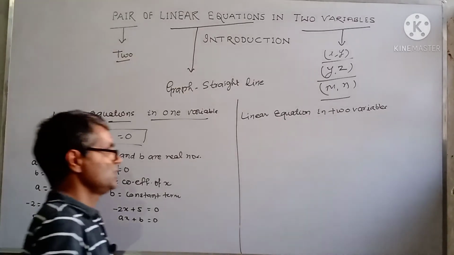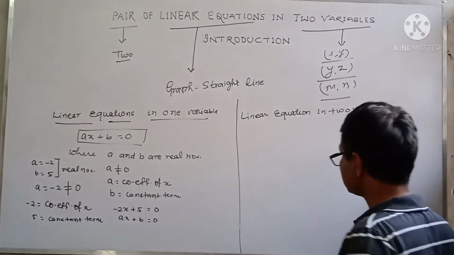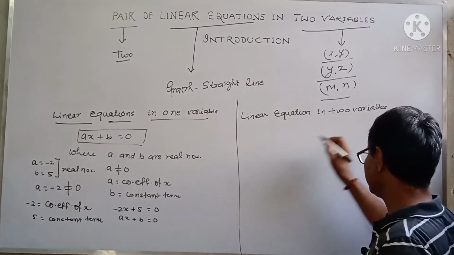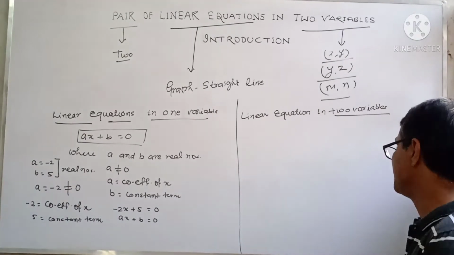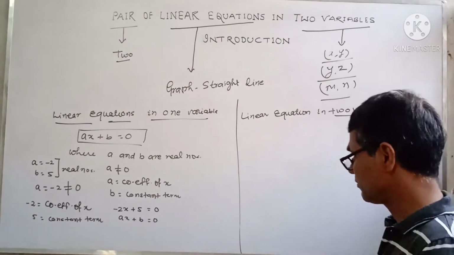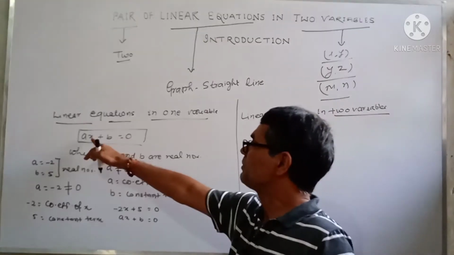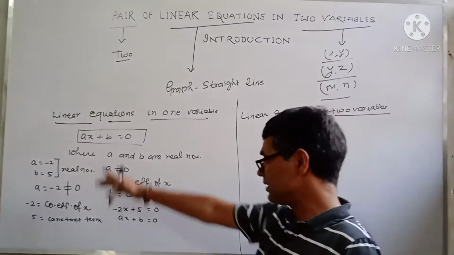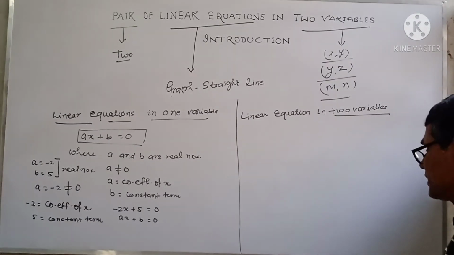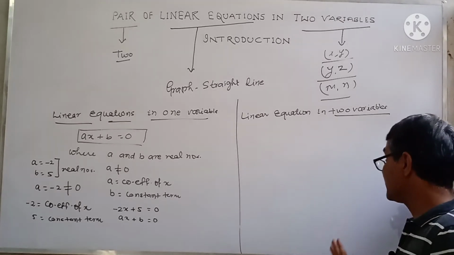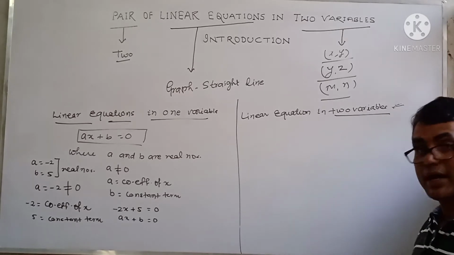Next, we will see linear equations in two variables. As it is given, this equation has two variables. The two variables may be taken as x, y, u, v, m, and so on, anyone. Similarly, in the earlier equation, you can also take another variable y in the place of x, or z in the place of x, and the same will be a linear equation in one variable. But in the case of linear equation in two variables, such types of equations consist of two variables.